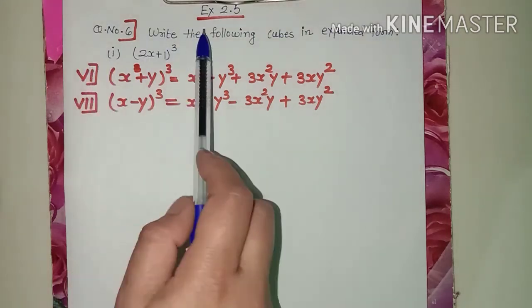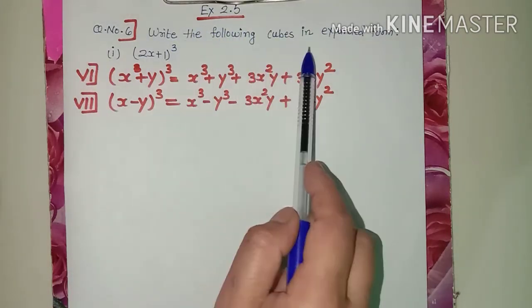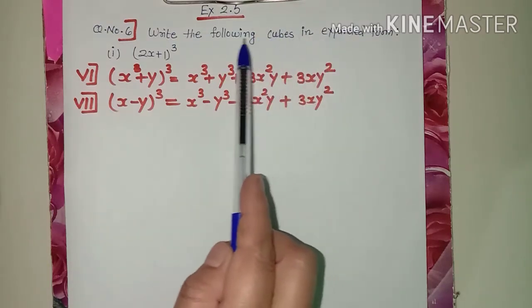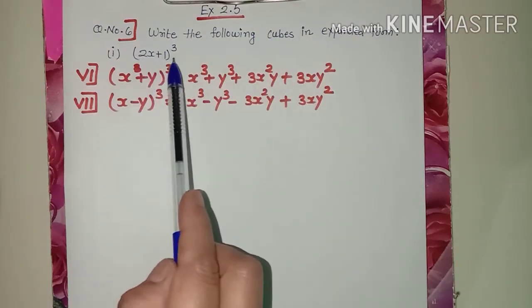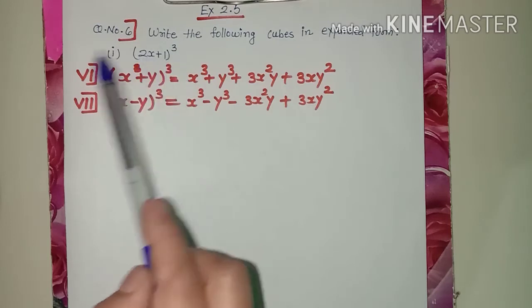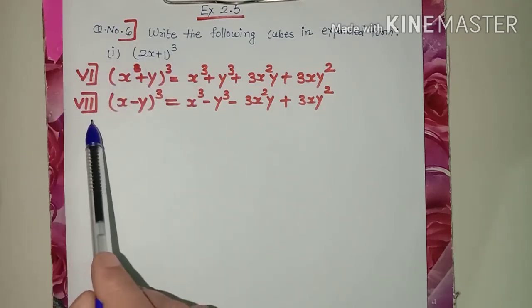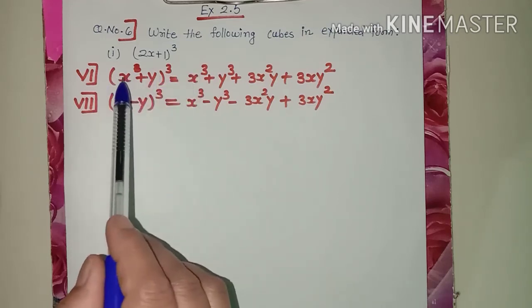Question number 6 of this exercise is: write the following cubes in expanded form. Expanded form of 2x plus 1 whole cube. Obviously student, we are having 6th and 7th identity which is in the form of cube, that is x plus